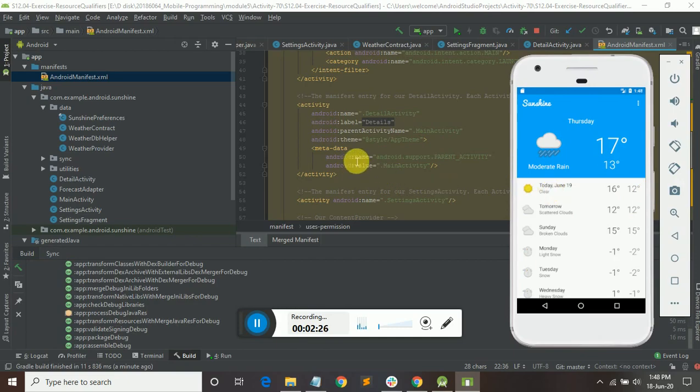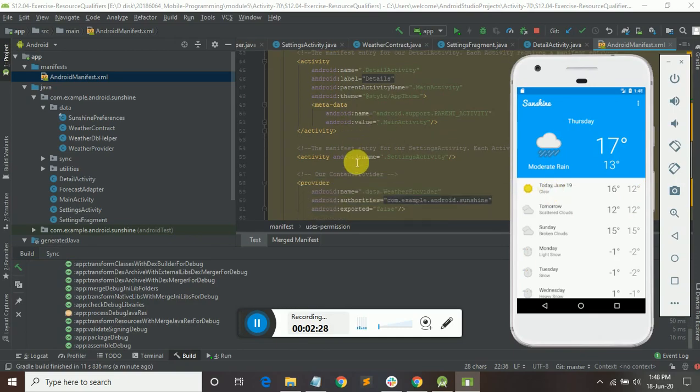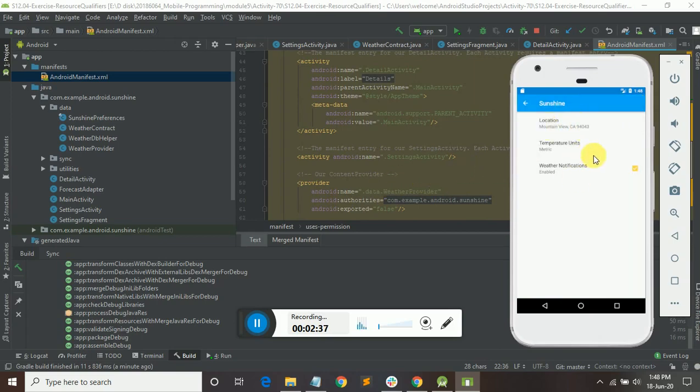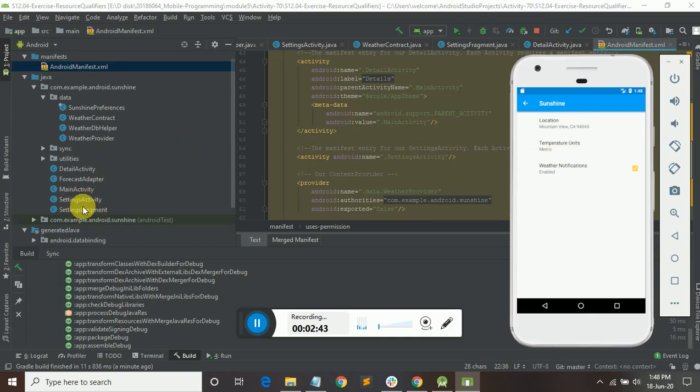Here we use different activities, and we can use a settings activity, like here we can go to settings. This is one activity. For this settings activity the files are setting fragment, setting activity. So these are the different activities we used.